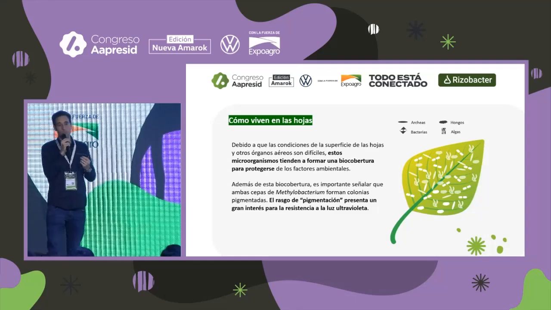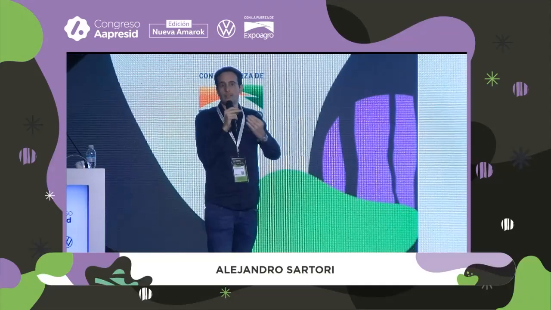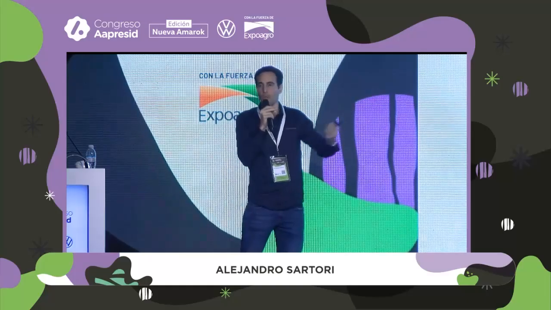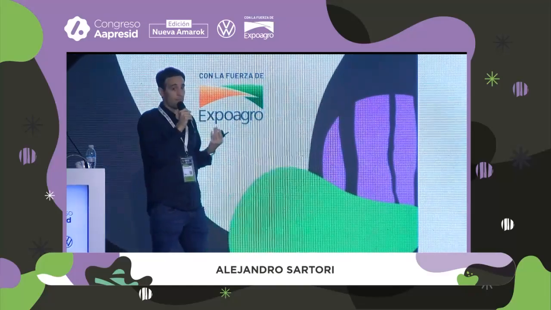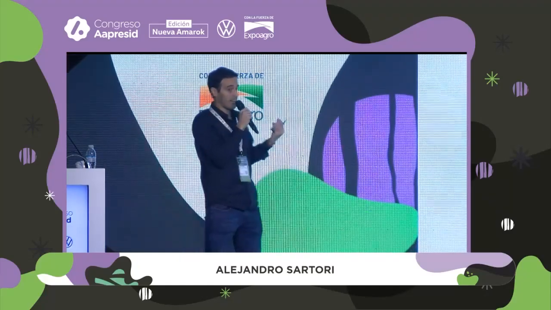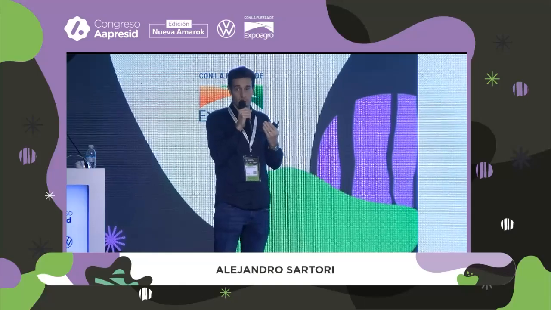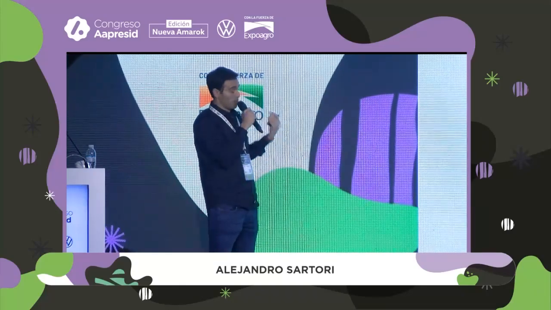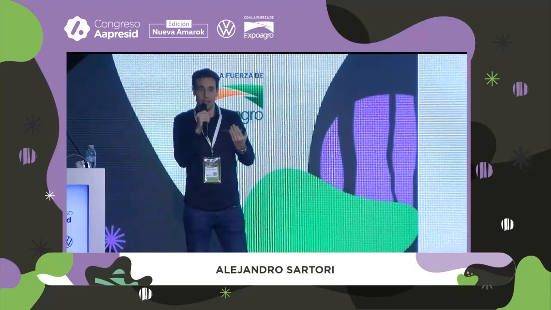So how do they live in the leaves? And this is important because you think about the microorganism, we drop them on the leaves, it's exposed and it's complicated. Well, these bacteria have 2 strategies. They generate a biocoverage through polysaccharides that enable them to defend from desiccation. And then when violet